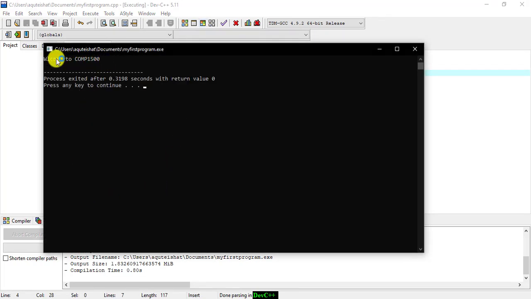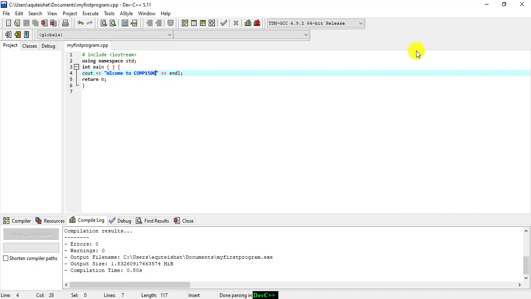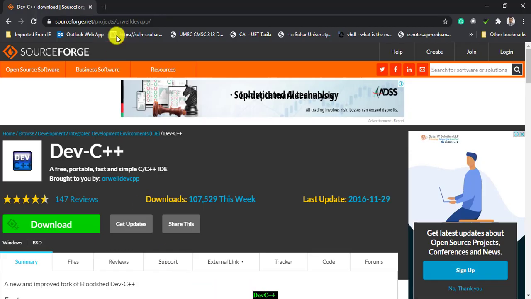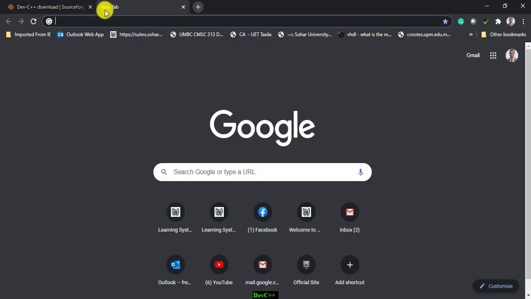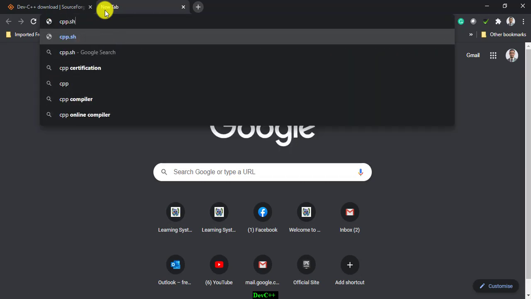Quite simple, quite straightforward, nothing much there. It's very easy, and we will go through it as we go into the course. We will go through it and I will teach you more things about this compiler. Now alternatively, let's say you are not able to access this compiler, so we will go to cpp.sh, which is